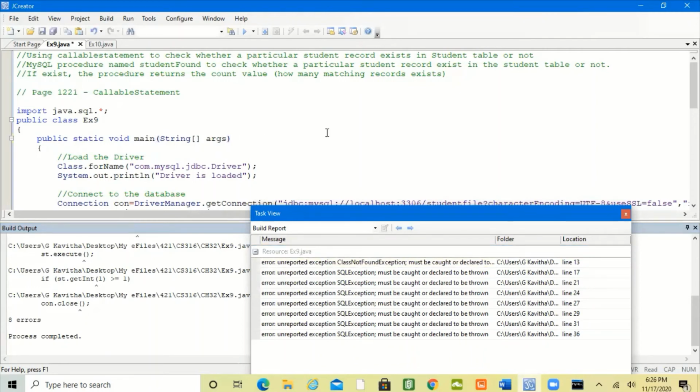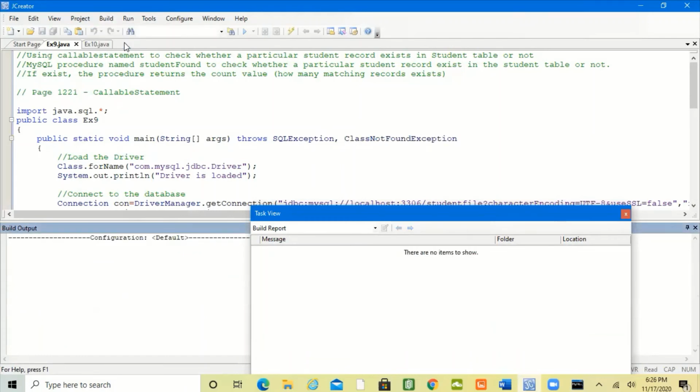This main method may throw SQL exception and class not found exception. You have to either catch it or declare it. So I declare it. Now let's execute the program.